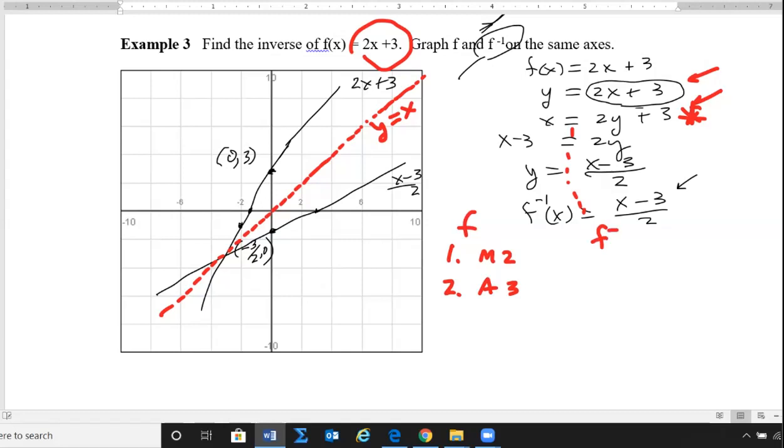Notice what f inverse does to a number when you put it into the function. First thing you do is you subtract 3. According to this, x is put in here, then you subtract 3. Then the second thing you do is you divide by 2. Notice the operations are in reverse order and they are the inverse operations. So if f does this, then f inverse will undo it